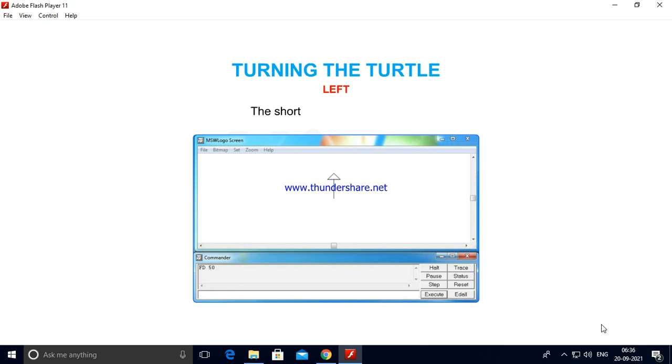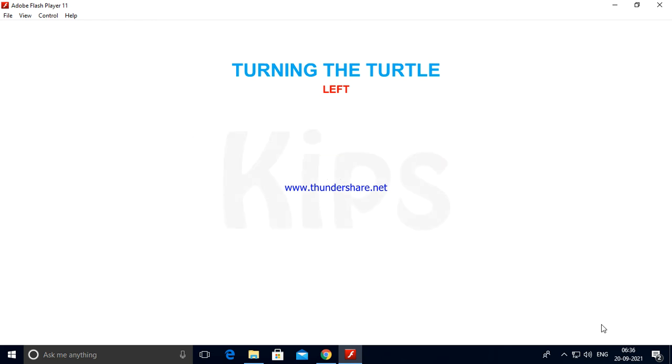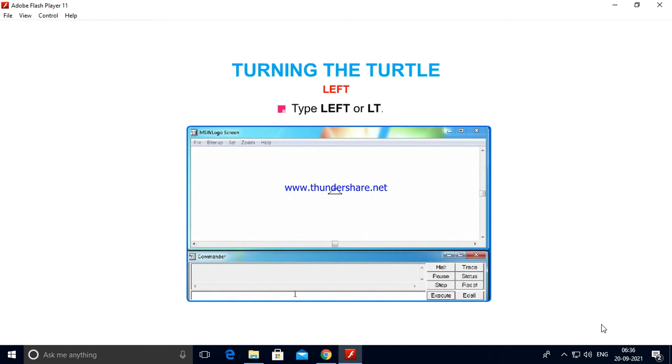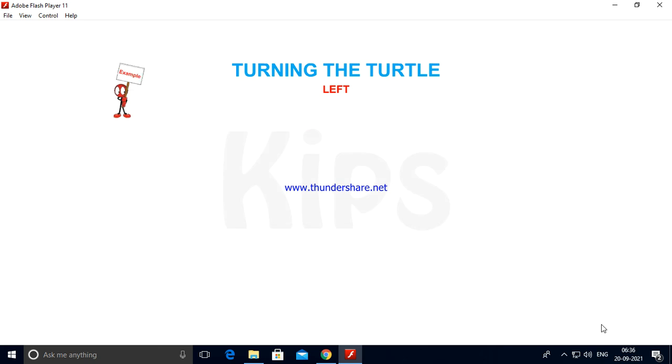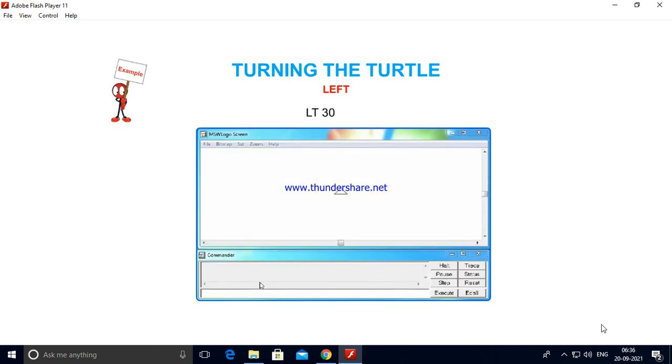The short form of left is LT. Let us try. Type left or LT. Press the space bar key. Type the number of units. Press the Enter key. For example, LT 30, enter,